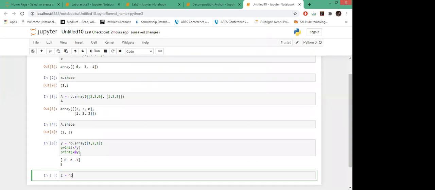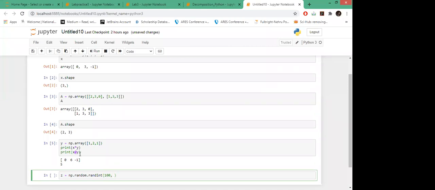So how I will call this is np.random. After this I can use random.random, or I can use random.randint. The difference is that randint will give me integer values.